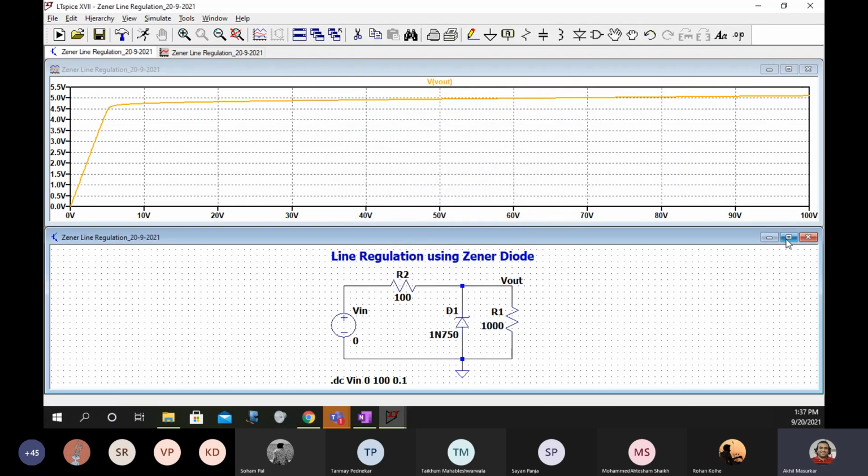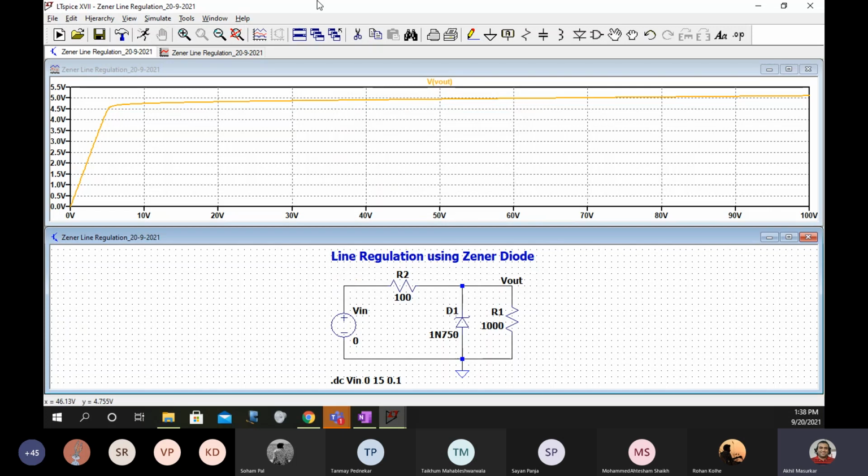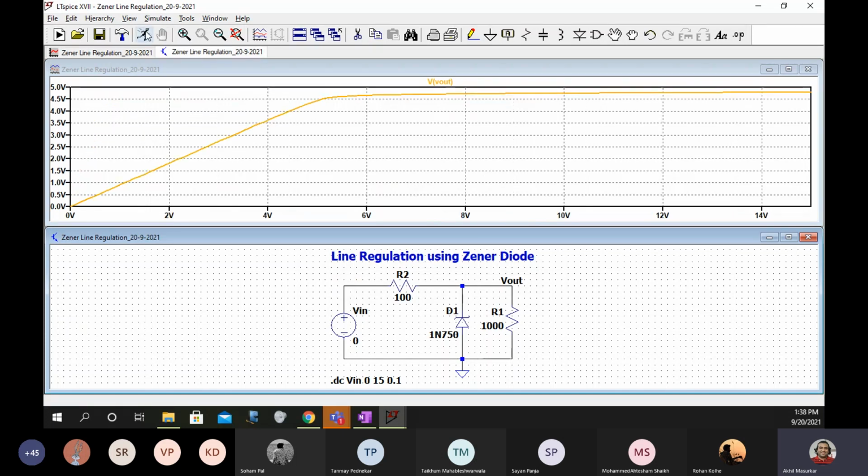So as an engineer you should always keep in mind that any device will have a minimum current value and a maximum current value. So I am again coming back here, and here let's make it 50. Understood? Any doubts in this?